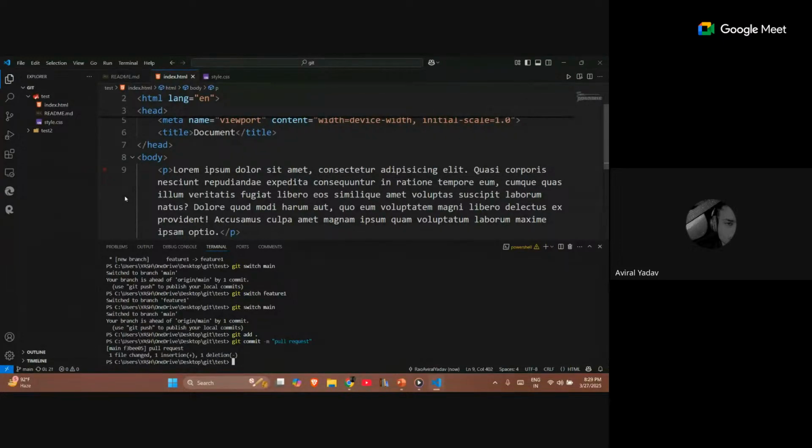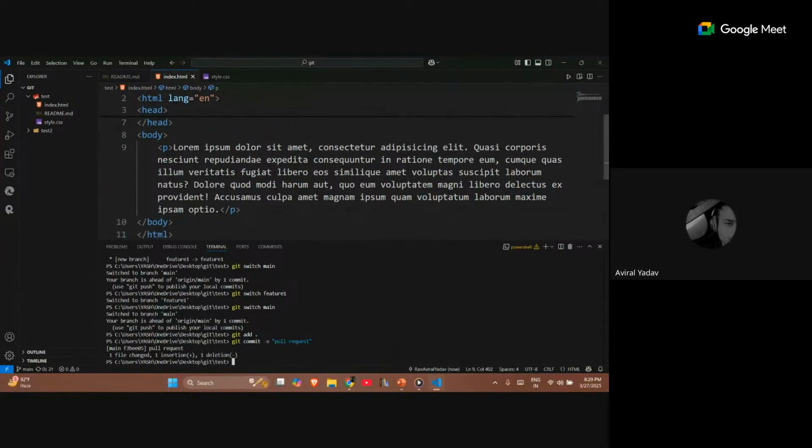The main branch has more lorem content than the feature one branch. So to see the differences that occur between them, we simply use git diff, and then the name of the branch. We are currently on the main branch, so I'll go for feature. As you can see, I'm currently working in my main branch. After diff, you name the branch you want to compare with.